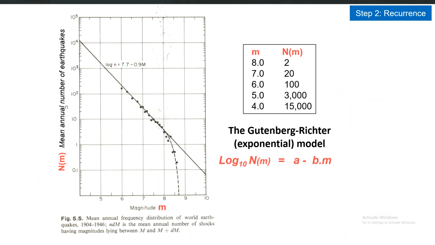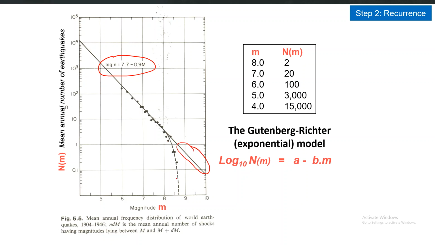So here you can see the same example. The GR relationship, or the GR model, is drawn here. The straight line is the ideal Gutenberg-Richter relationship, and the dots are all the actual records. So you can see here that the mean annual number of earthquakes, as you expect, is reducing with increasing magnitude. And at a particular higher magnitude, for example magnitude 8, the trend will not still be a straight line. The trend will be like this, the trend of the actual data.